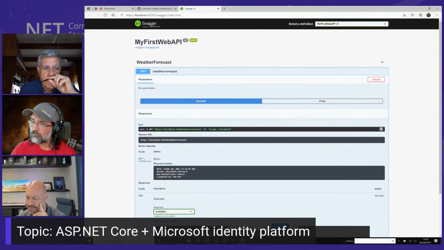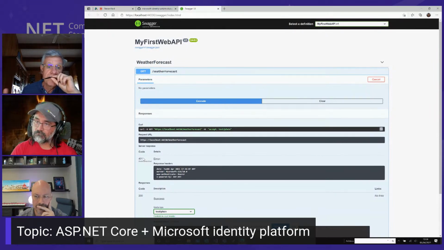I'm not authenticated because I need to send a token for this web API to give me any answer. I need to send a security token. So we are going to build together a web app which calls this web API. That's the next phase of this little demo. And I'm going to keep this